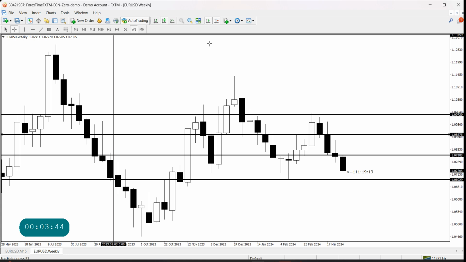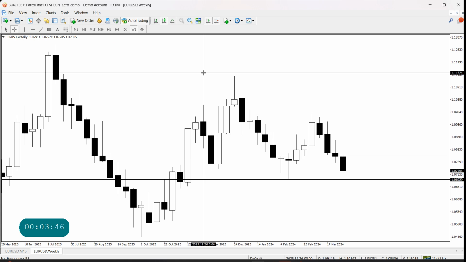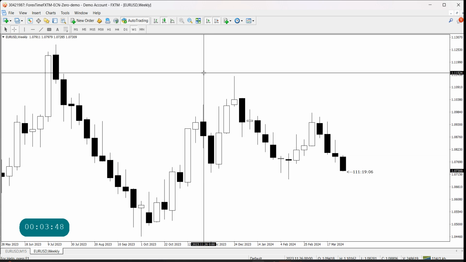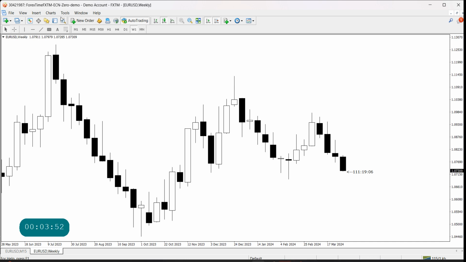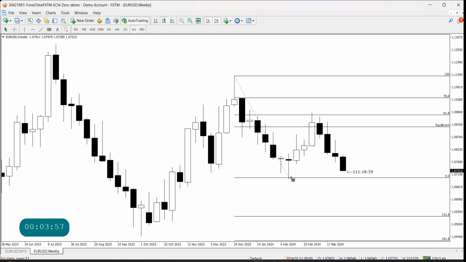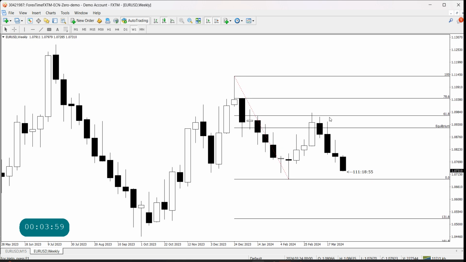We bring our fib on the weekly. For this move, price has rejected the 61.8 fib level. So at this price, it's heading back to the 0 point. All right, so